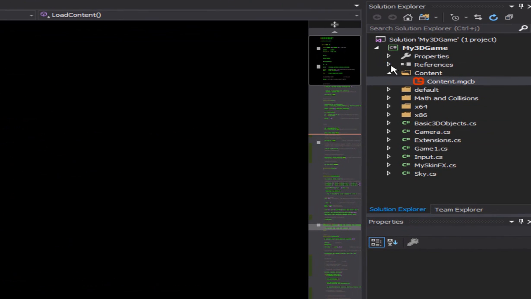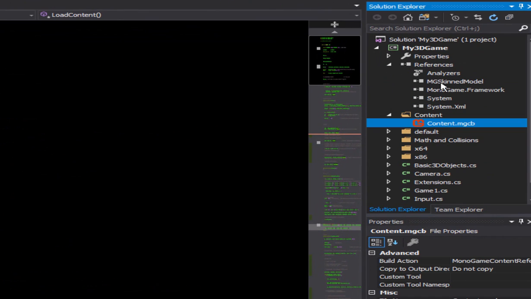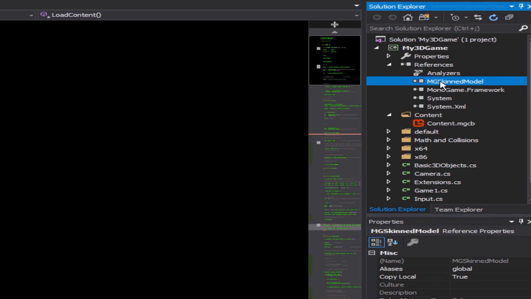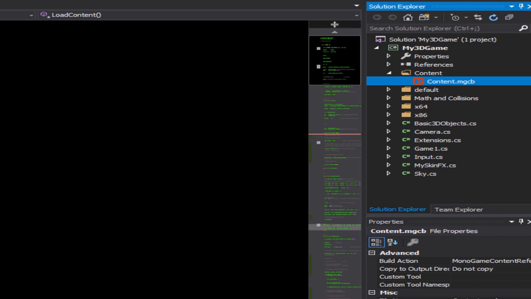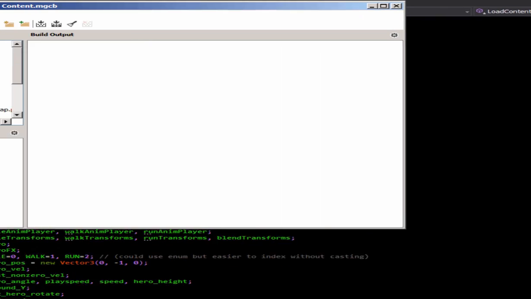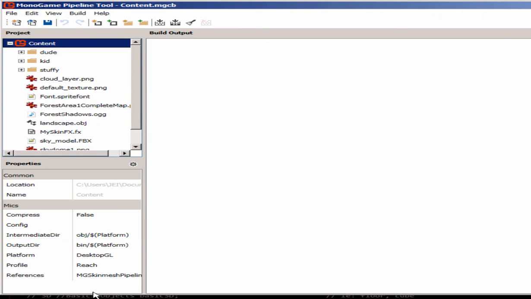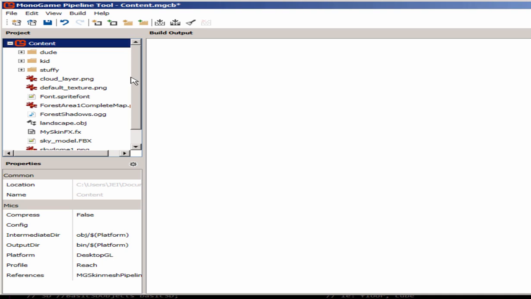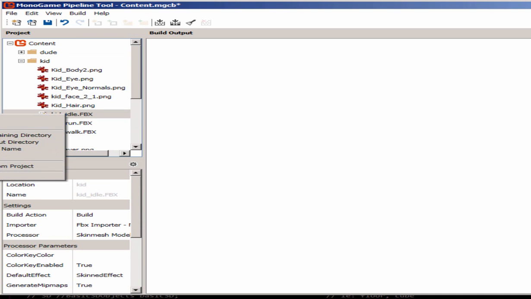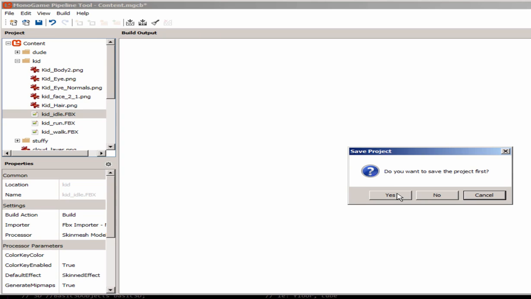So back in your game, make sure your references are actually using those specific DLLs. This might actually be set to another DLL somewhere else or in a different folder. So you want to make sure it's actually that one and just browse to it and click on it. In content, we'll have to open that up again. You can't have that open when we're updating that DLL. And just click on content down here, click on it, and I think that'll refresh it. So now you can right click on this and rebuild using the new version. Make sure to save your project.